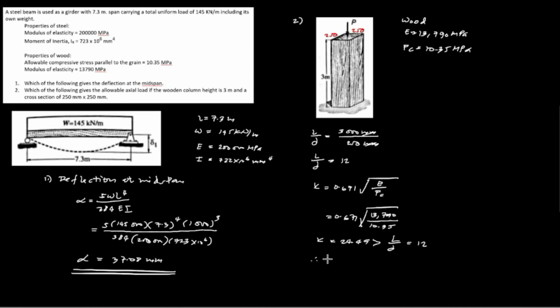Therefore, the column is an intermediate column. Because it is an intermediate column, we will find now the allowable compressive stress based on the intermediate column, which is the formula